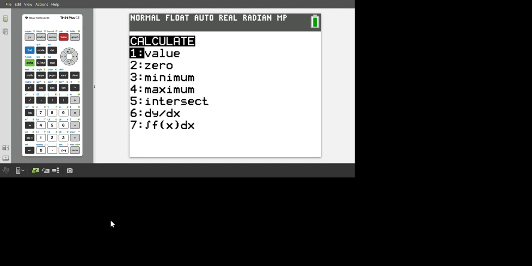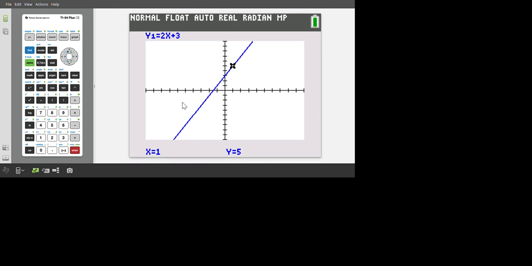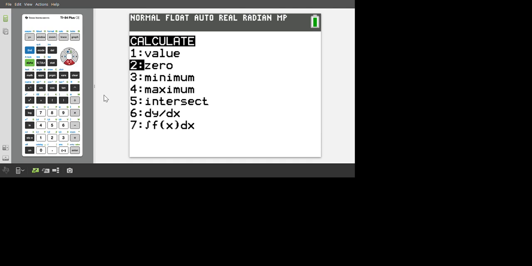Okay, if you do want to calculate a value, kind of like what we were doing with trace, you can do that. You just type x equals, say 1, and it tells you your corresponding y value here is 5. Okay, that can be especially helpful. Like I said, you can also do that same thing through the trace function. So there you go. When x is 6, y is 15. Okay, if I go back to second calc,